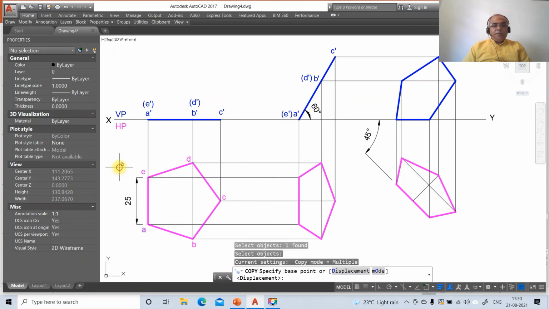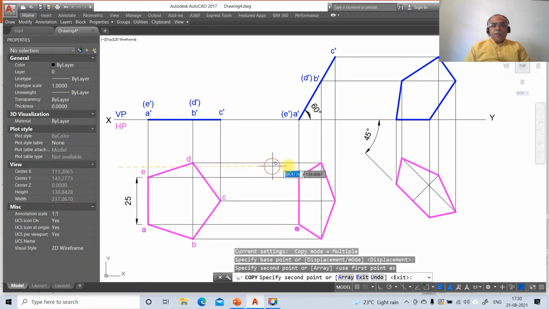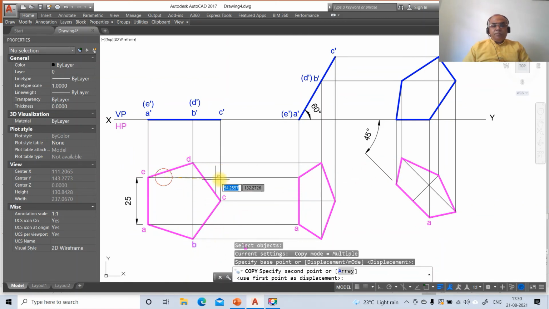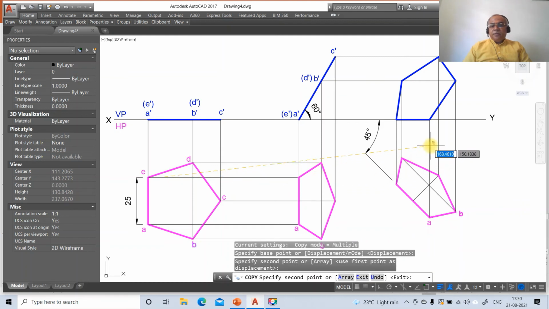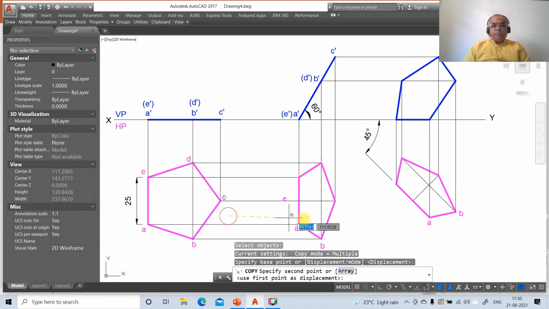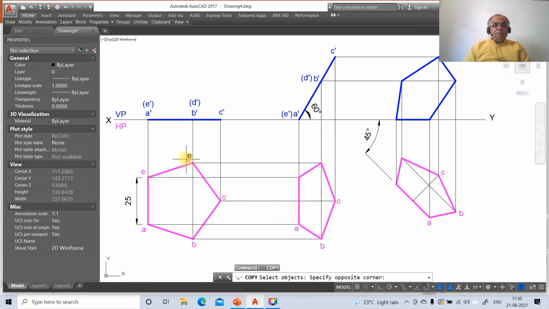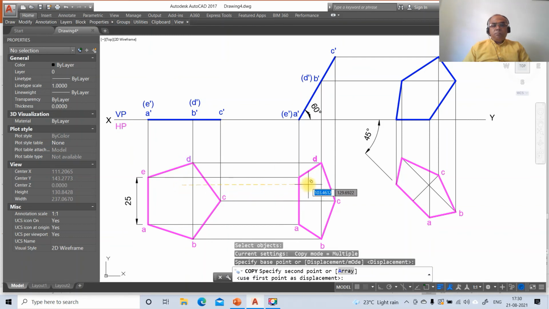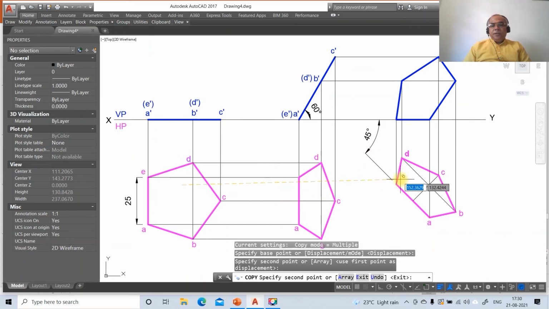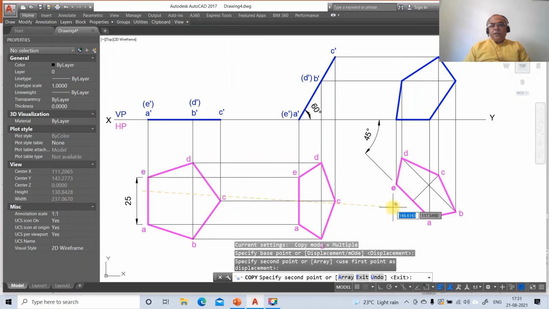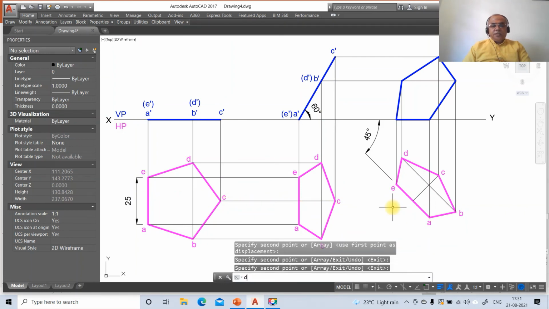Then here you copy this A and that A will come here, and this B and that B will be here, and this is C and that C will be here, and this is D and that D will be here, and this E and that E will be here. So you have the text.